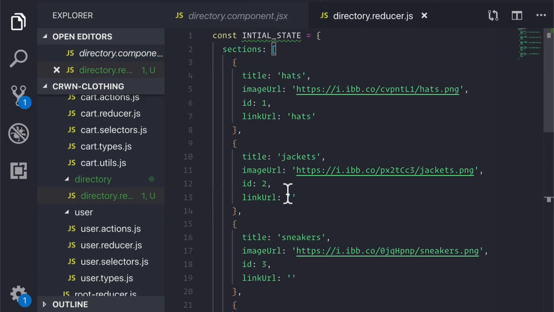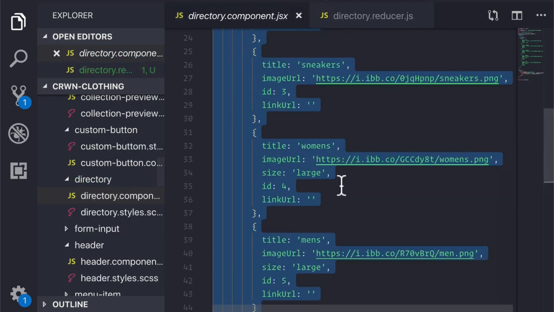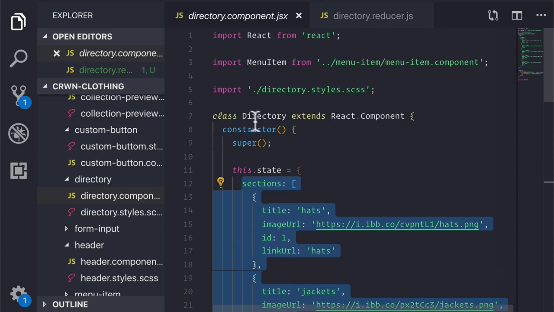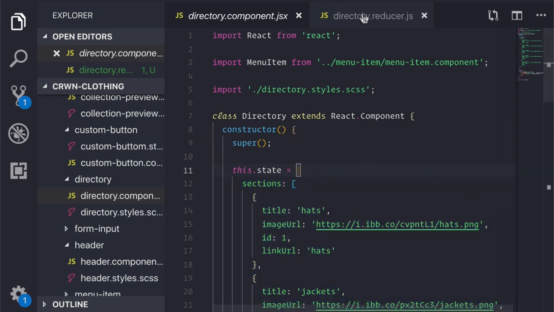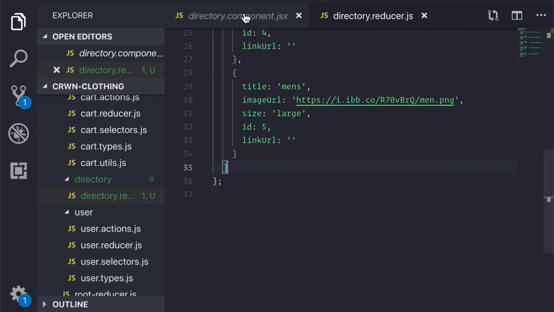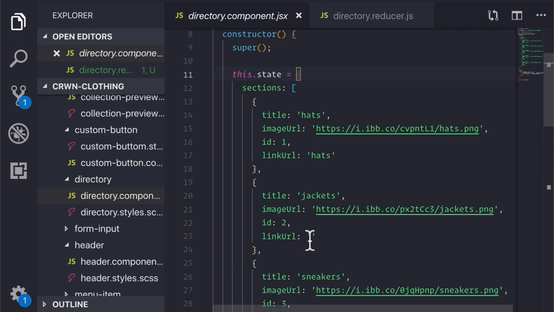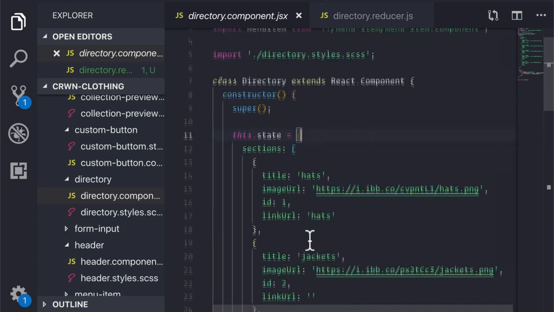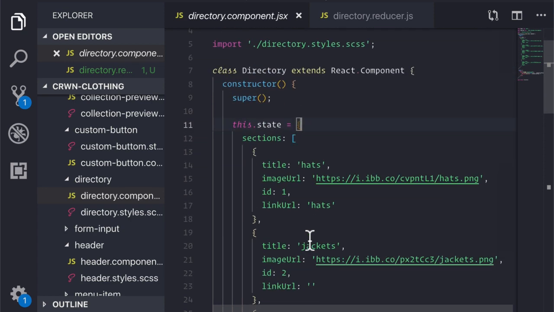Now you might be wondering, is there really a reason for us to move this outside of our directory class component if we're not going to update it, or if we don't currently have another component that's going to pull it in? Well, this is actually where there's a lot of debate about whether or not it's worth it to keep one-time use unmodifiable data